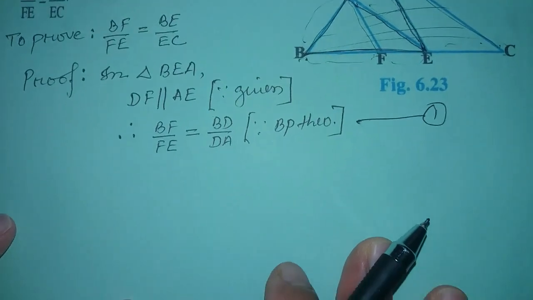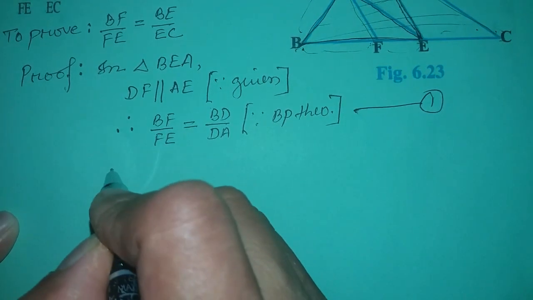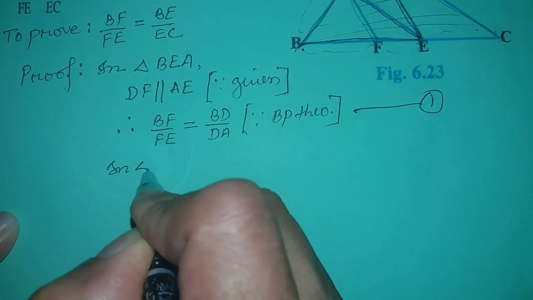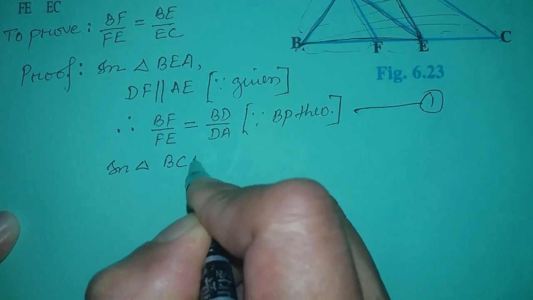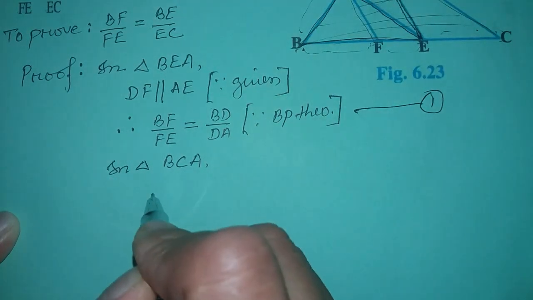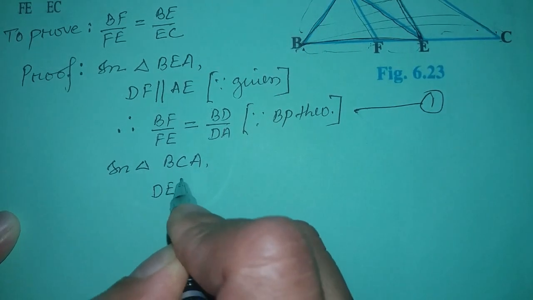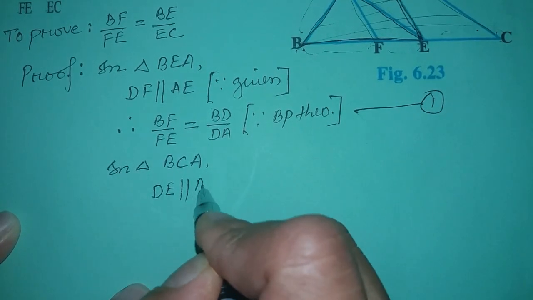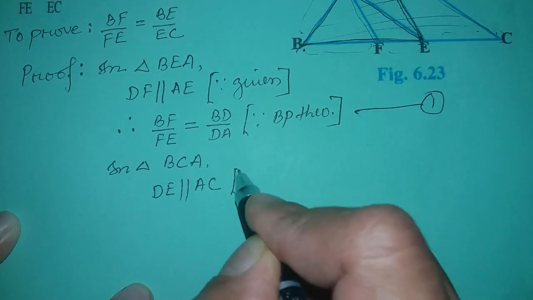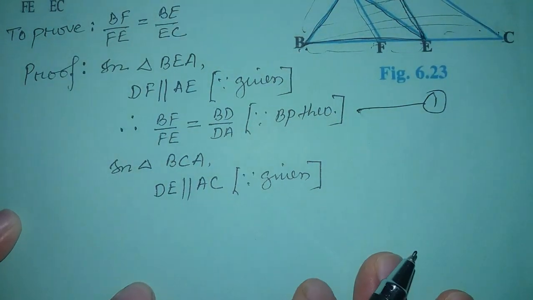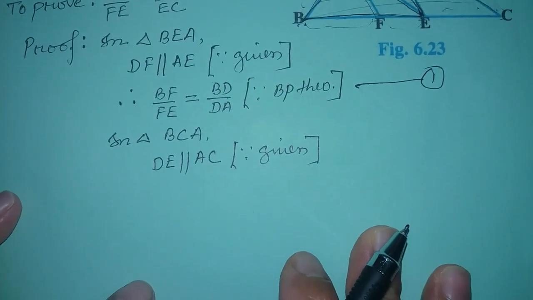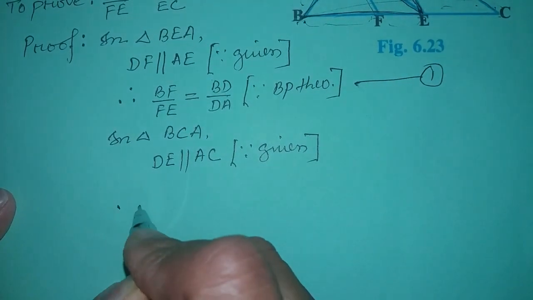So in triangle BCA, DE is parallel to AC, since it is given. Therefore,